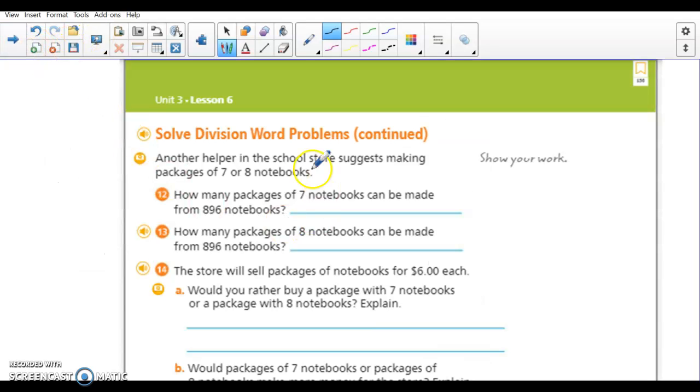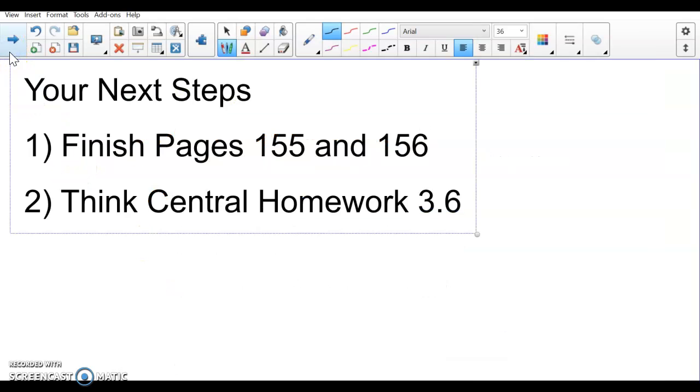You're going to finish, and you have some word problems on 156 and at the bottom of 155 as well. You're going to finish these 2 pages. And then there is a homework in Think Central titled Homework 3.6. Really quick today, guys. So you got a lot of time to work. Ask your teacher if you have any